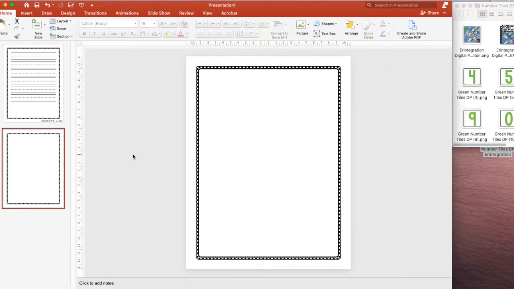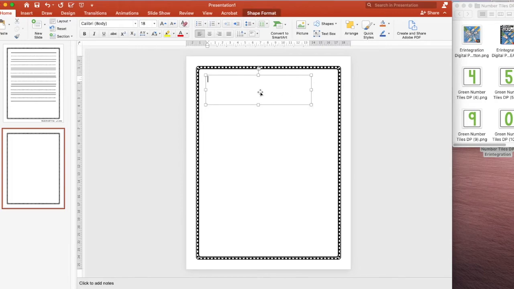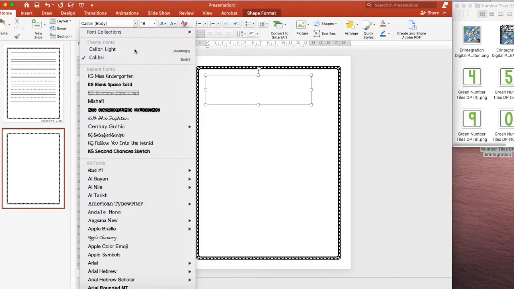This tip I got from Jillian Fernandez. She is on Instagram. Click your text box, and this one's cool. PowerPoint defaults to Calibri, so I'm going to change that. I like to use, as I've mentioned, KG fonts, and I'm going to